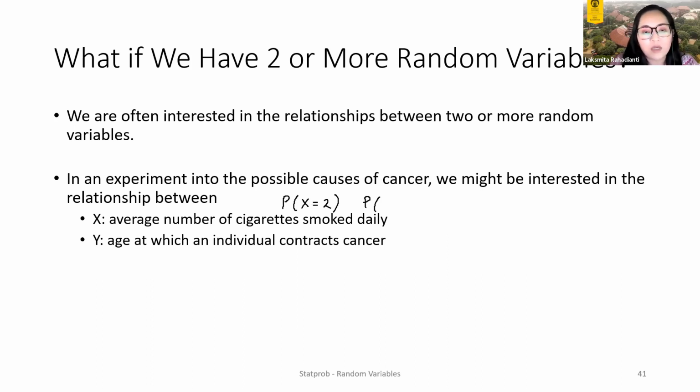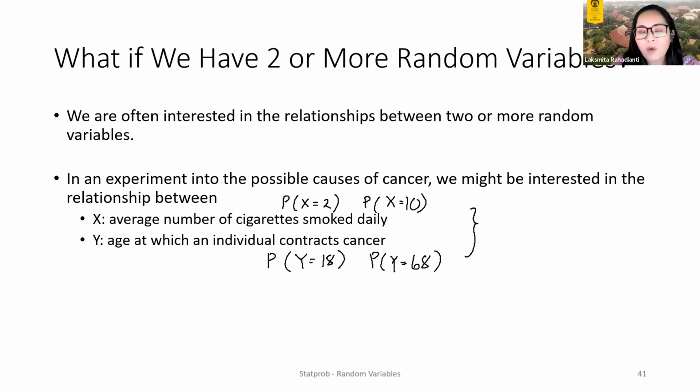I could compute the probability of someone smoking 10 cigarettes daily. I can also compute that the age at which a person contracts cancer is 18, or maybe 68. I can individually define the probabilities of each X and Y. But jointly,